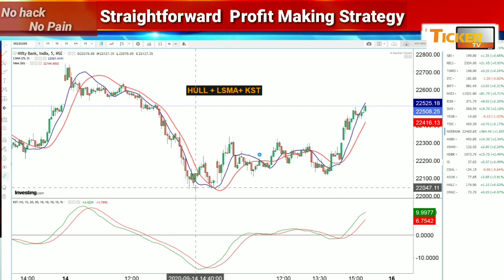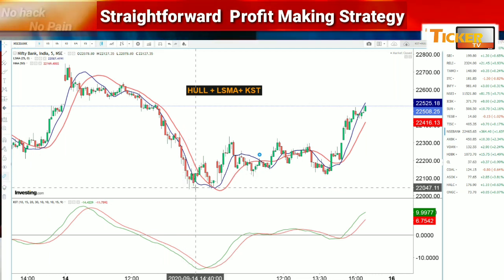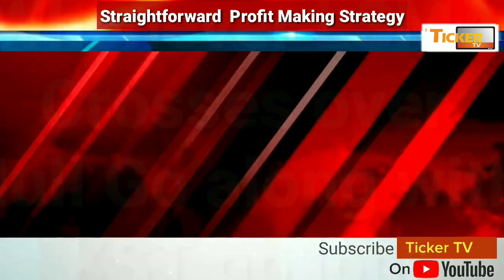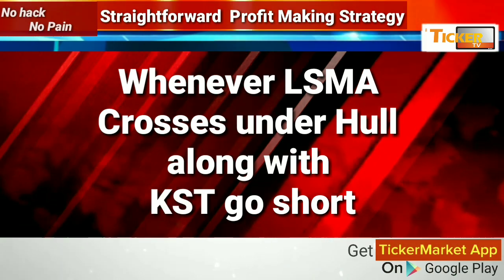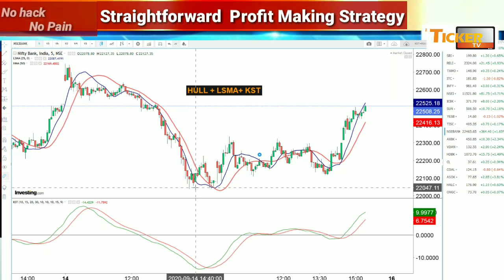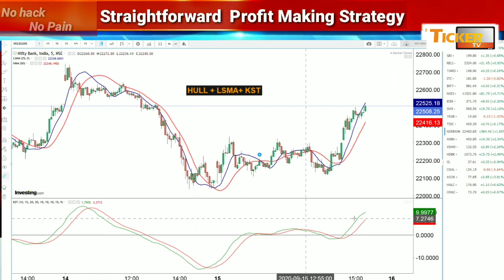So almost 550 points, or a 600 point sharp fall in the Bank Nifty on the basis of this crossover signal. That crossover tells us that when the candles start forming inside the blue line or red line, it's suggesting that the trend is now going to change direction on either side.